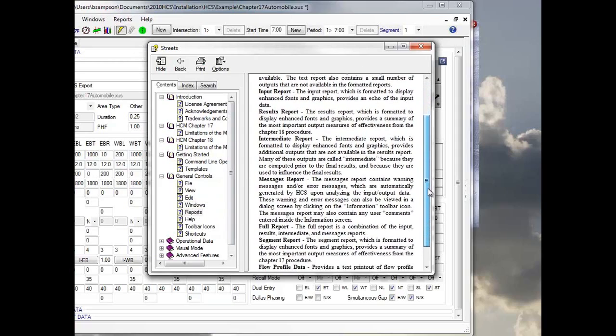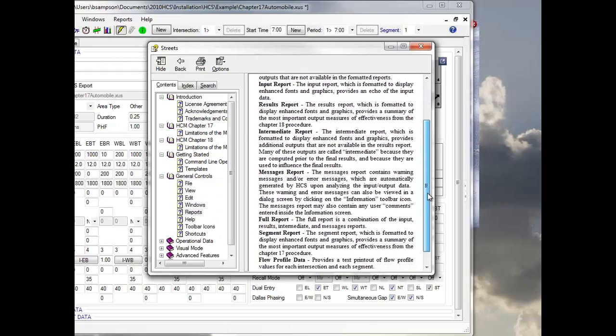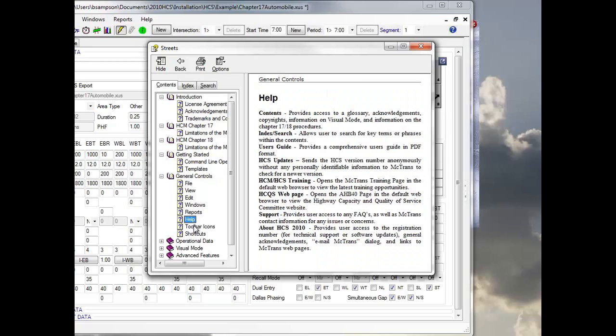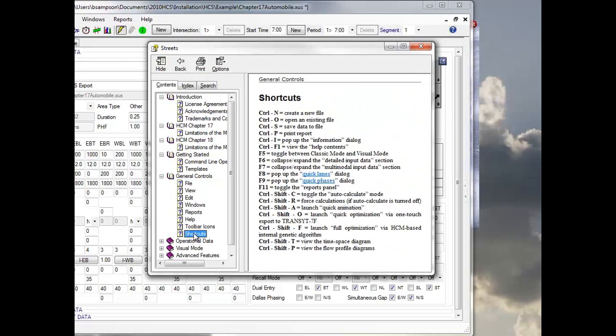We've added the ability to dock the reports to the right, especially to accommodate dual screen monitors or widescreen monitors, so you can see the analysis and the report at the same time more easily. These icons we're going over now. You have shortcut keys for most things. Some people like to do without the mouse as much as possible, and we've established shortcut keys for most of